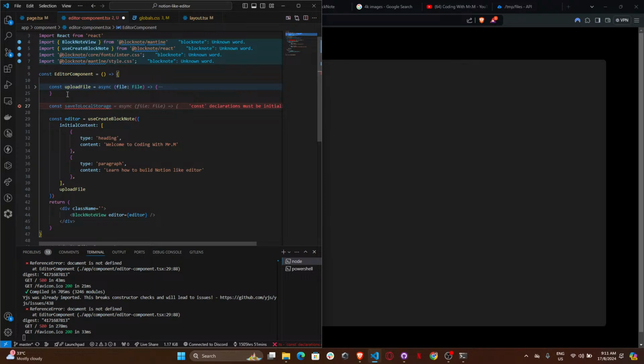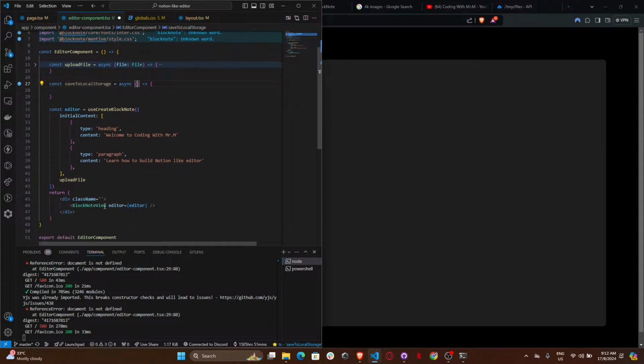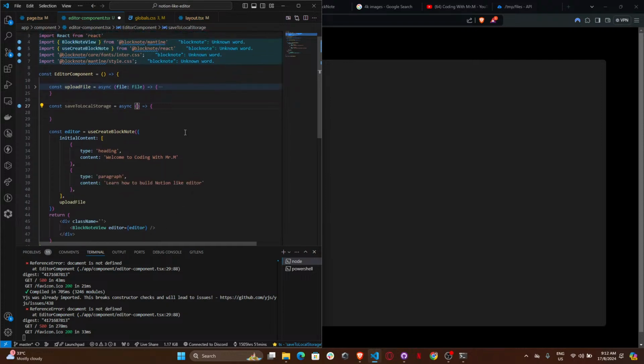Yeah, that's right. All right, so our function is ready. This function is gonna accept some blocks from this editor, so let's call it editorBlocks, or maybe